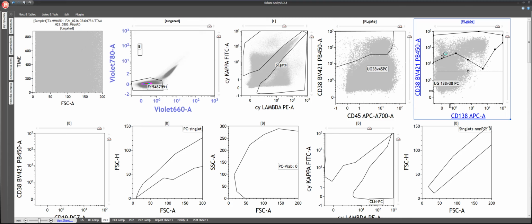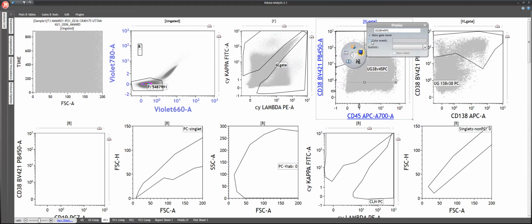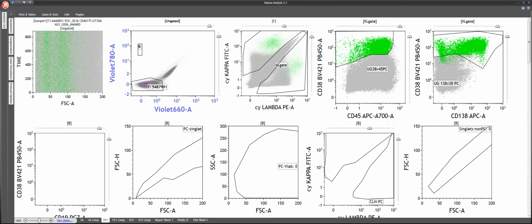Now, how do you know whether they are plasma cells? As we have done in our earlier analysis, we'll give color to these gates, to see where these cells are falling. So we see these cells which we have gated with 38 and 45. You can see they are kappa lambda positive, and the majority are also 138 positive. There are a few cells which look like 138 negative, but they are 38 bright, so we still include them. Okay,